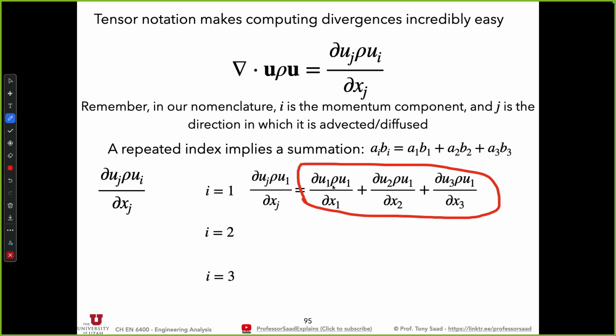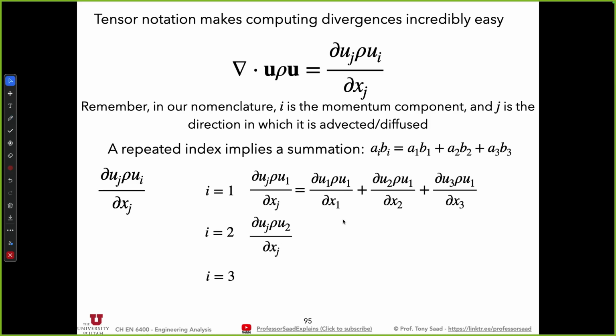Keep it in this form. It's clear and clean and connects with all the index conventions that we are using together. See this beautiful symmetry here. Same thing when i equals 2. For i equals 2,